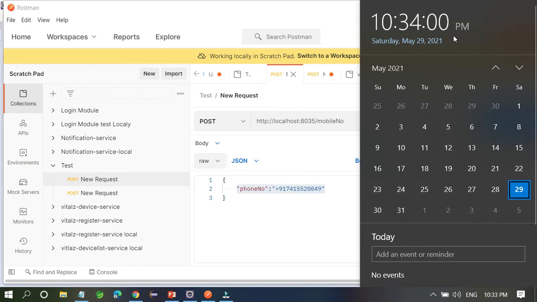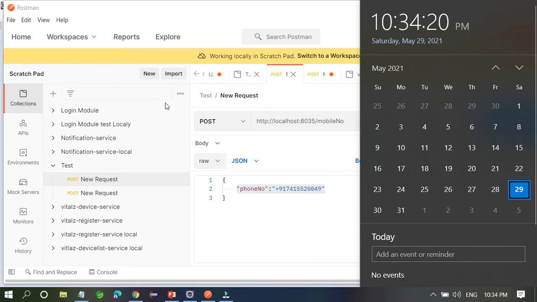Right now it is 59. After 1 minute, you just enter the OTP, whatever you got. You are not able to log in, even if it is the right OTP, because your OTP expires after 1 minute. I hope you know it.